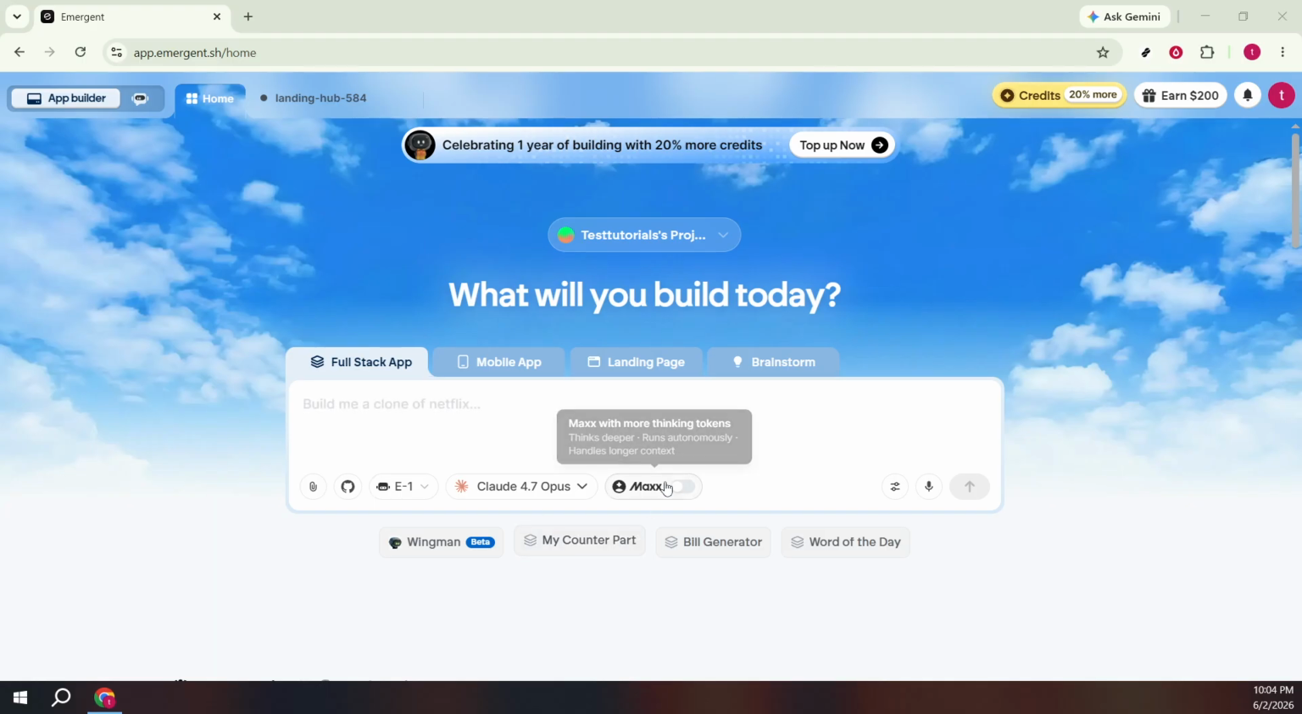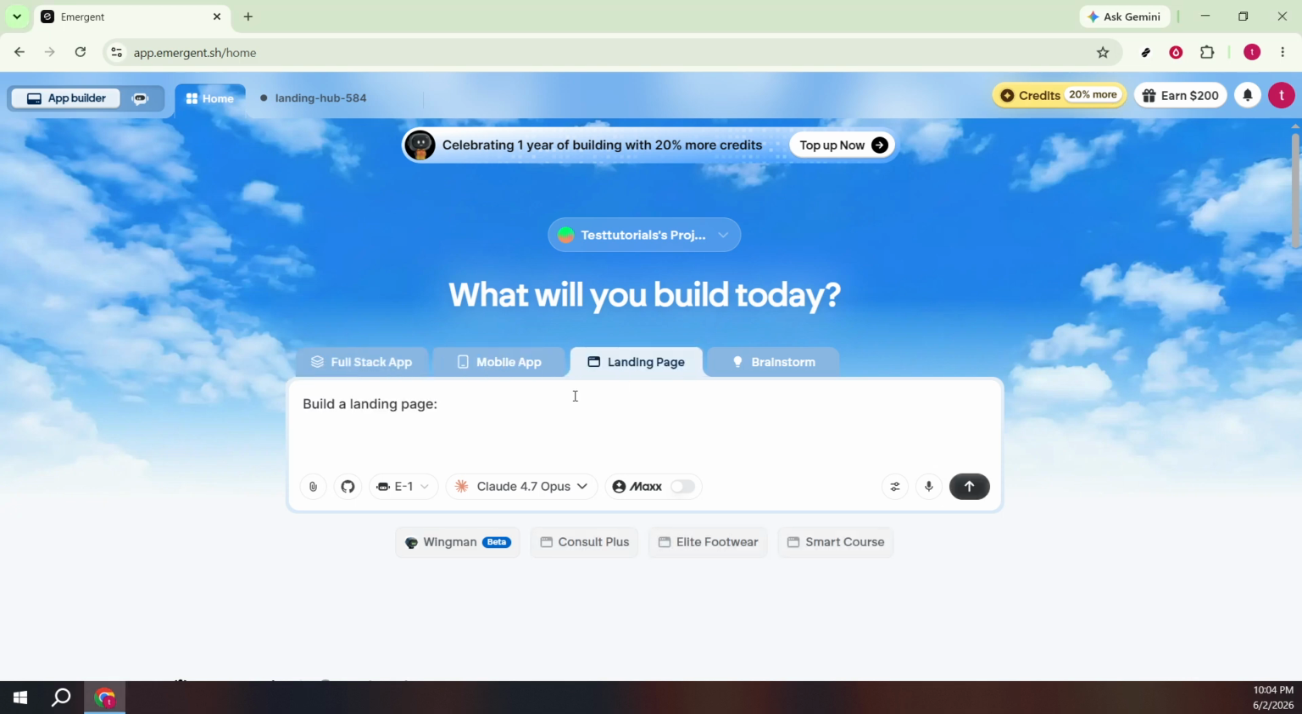First, open the Emergent AI app in your browser. Give the page a moment to load. A stable connection and a modern browser will make everything feel snappier. Once you're in, look for the area dedicated to building sites. You'll see an option labeled Landing Page. Click that. Choosing this tells Emergent exactly what kind of output you want, so it sets up the right structure